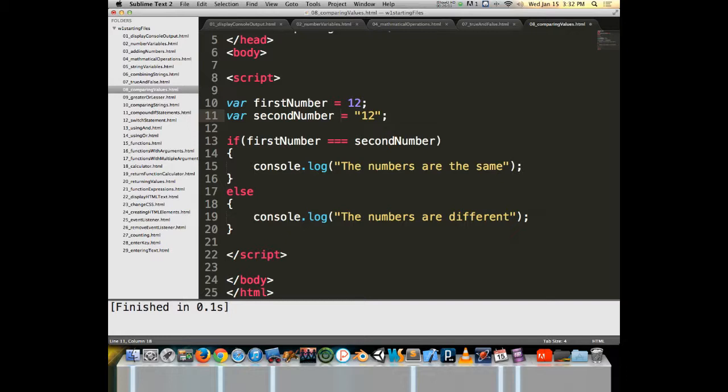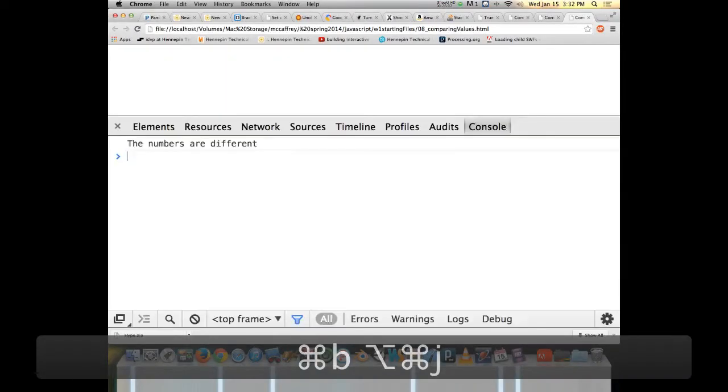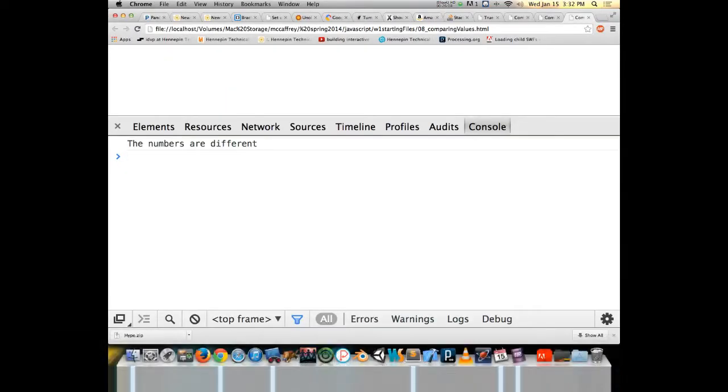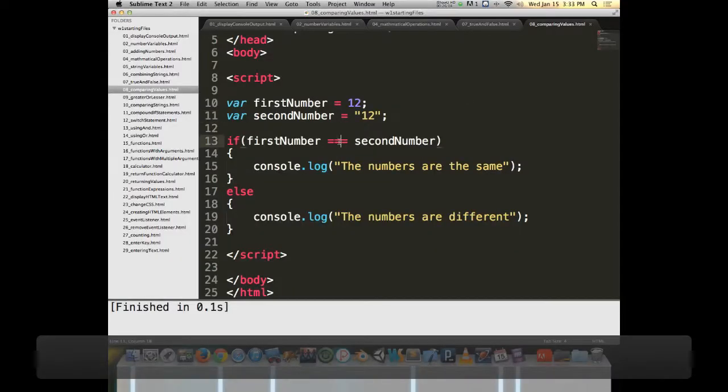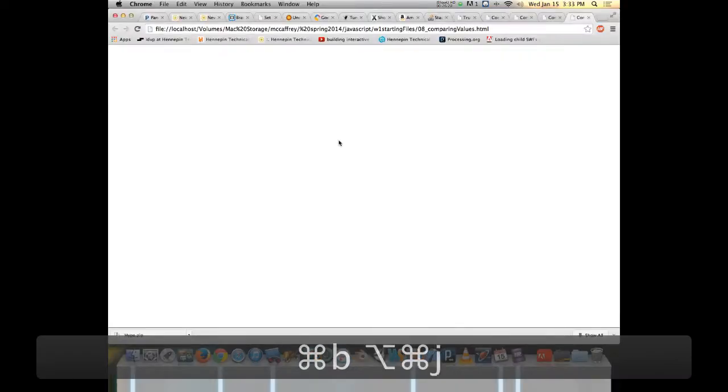So they're not quite the same thing. I would hope that it would be smart enough to tell me that, and it's telling me they're different, because it's recognizing that they're both 12, but they're not the same kind of 12. One has a different 12-ness to it. But if I use two equal signs and not three,